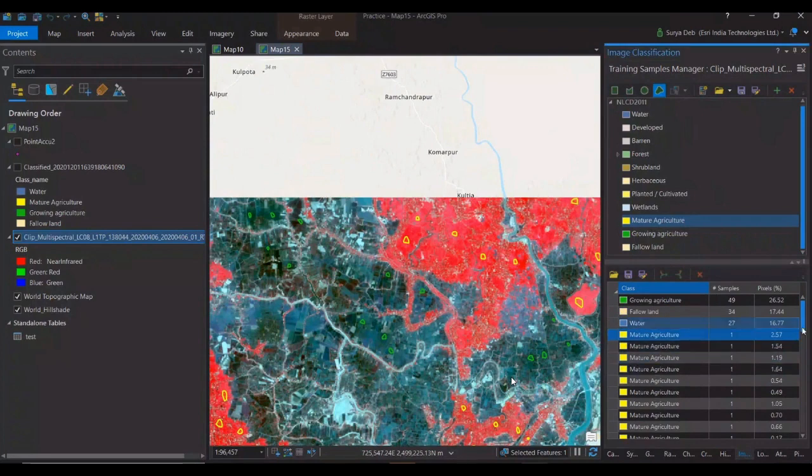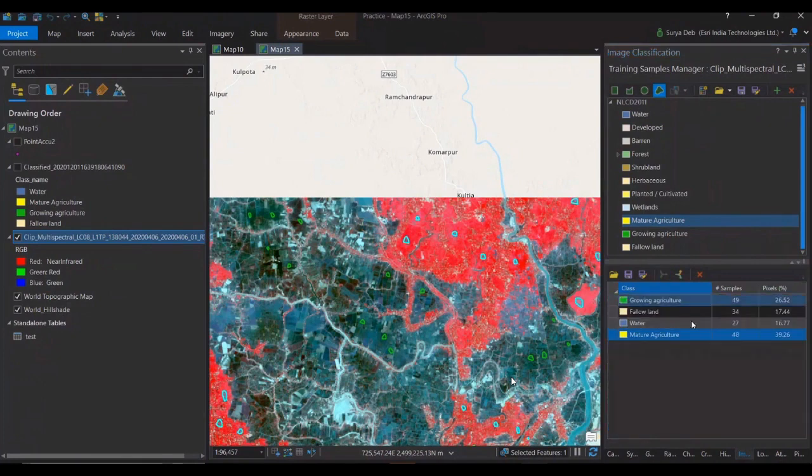If you want to add all together, just click on this, click shift, and go for the classes again. So this is your mature agriculture class. Whatever I told, you can take a minimum of 50 points, 50 samples. It also depends on the size of your study area. If your study area is very large, you may require more training samples.